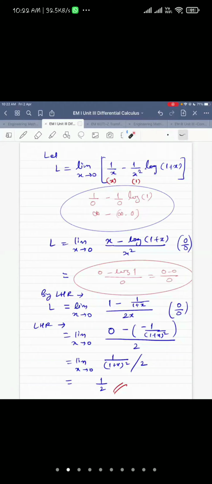Now what we have done, we have cross multiplied. For that, look at the highest power of the denominator. It is x square, right? So we took x square as the LCM, and therefore here I have multiplied by x and here I have multiplied by 1, right? So when we cross multiply, we get the term in this form. I think this step is clear to all because it is basic algebra. After that, we get it in the 0 by 0 form, right?